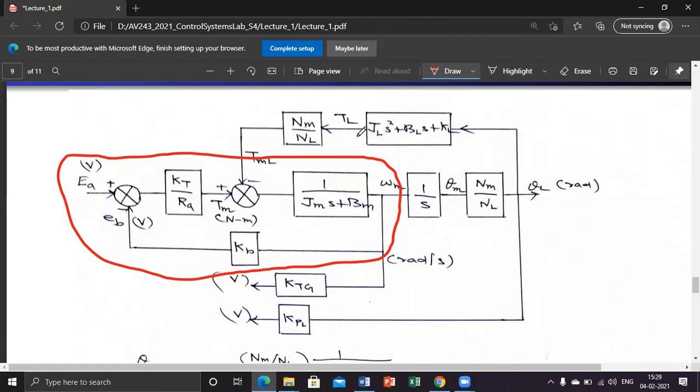Now the only important thing is that we have to attach this theta L, TL to the motor shaft. Motor shaft and load shaft are coupled through a gear, so this relationship will come. If the motor shaft has theta M deflection, the corresponding load shaft deflection is theta L, which is given by Nm by NL. And if the load shaft demands TL torque, the corresponding demand from the motor shaft is Nm by NL into TL, that is TML. And this much TML we subtract from the motor torque.